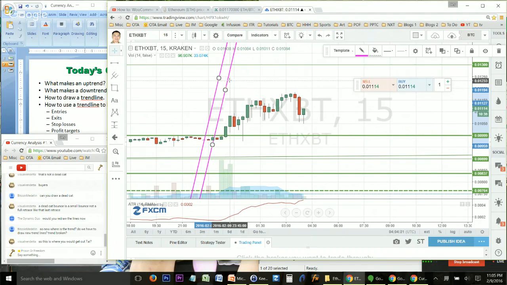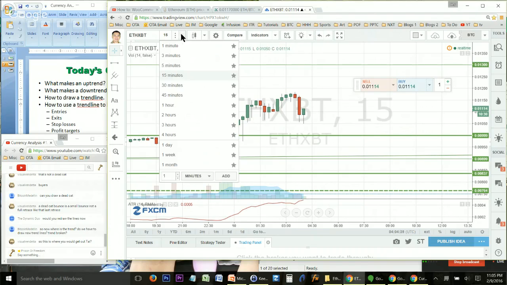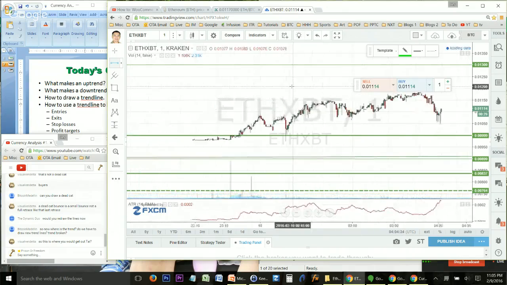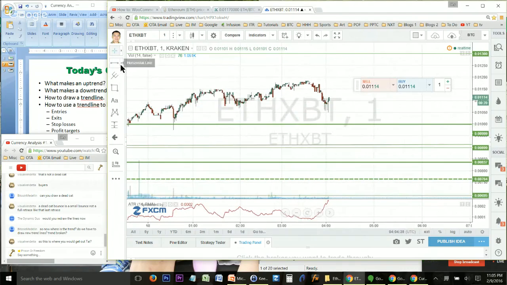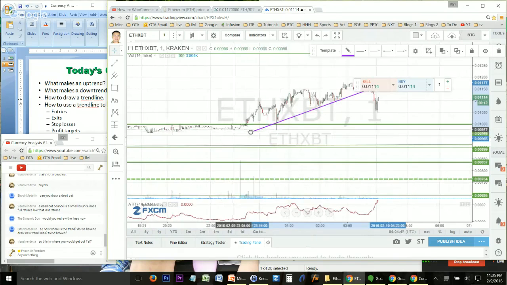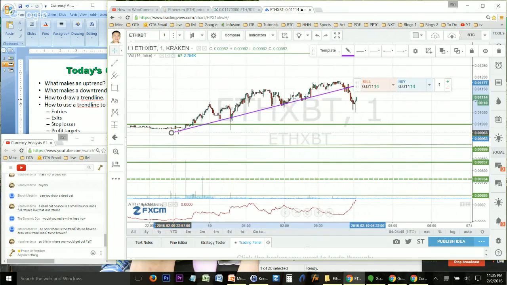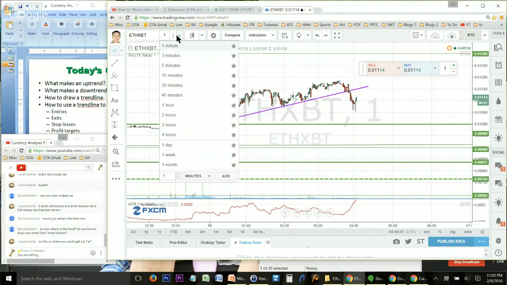Yeah, you got a new trend line. Every time the trend line gets broken, you have to readjust. Now, here's the thing, guys. If you draw a trend line on the short term, let me just show you guys this. If you draw a trend line on a 1 minute like this, this trend line is not going to be as strong, okay? It's not going to be as strong as a trend line,